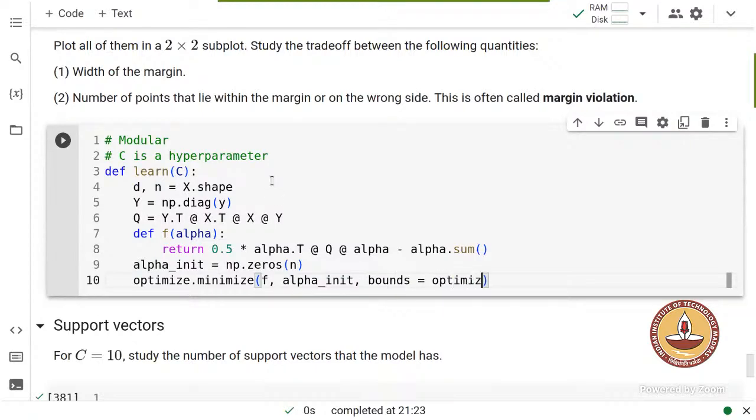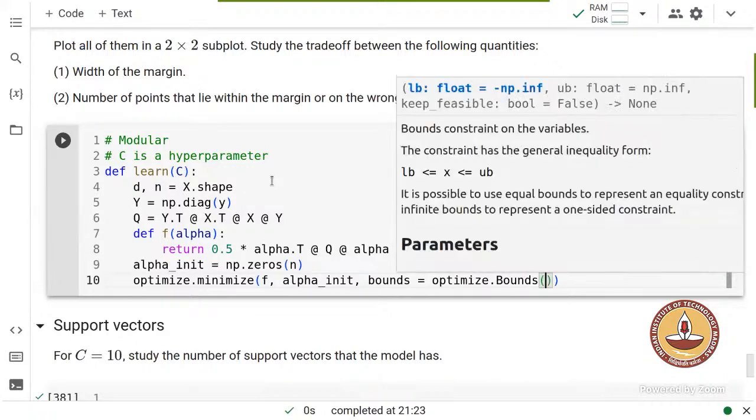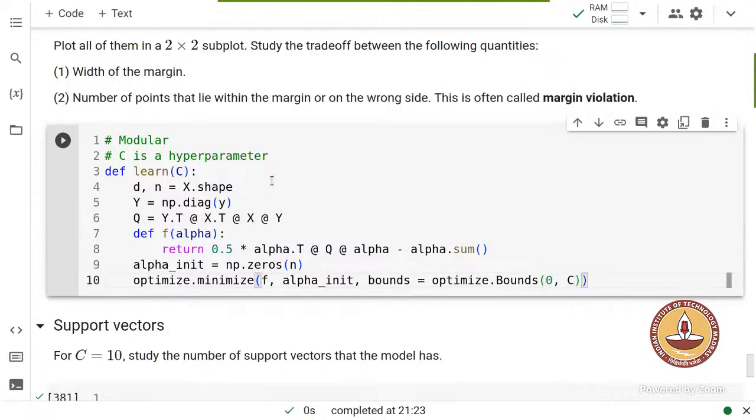Okay, so what will be the bounds in the case of a hard margin SVM? That's the only thing which changes. What are the bounds for a soft margin SVM? 0 and C, right? Correct, right? 0 and capital C. So that they are the bounds. So this will optimize